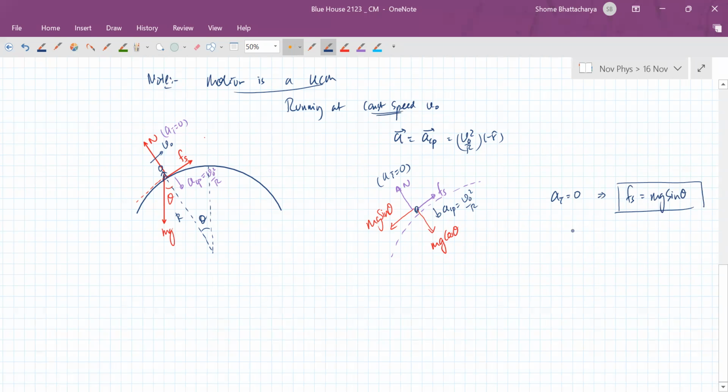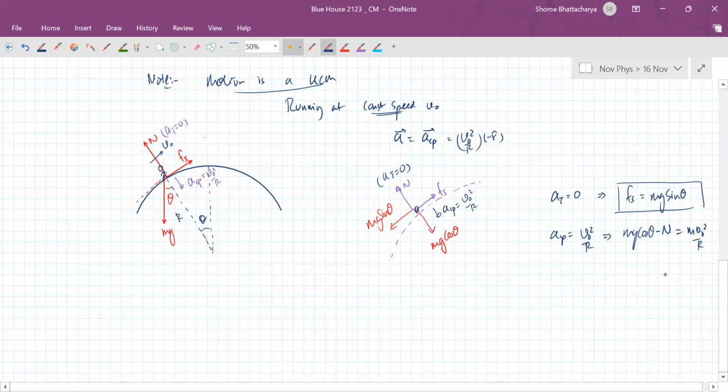And centripetal acceleration is v naught square by r. So mg cos theta minus N, that is the net centripetal force, has to be equal to mv naught square by r. So normal reaction is like this. Okay. Now, if you also consider the motion in the second part,